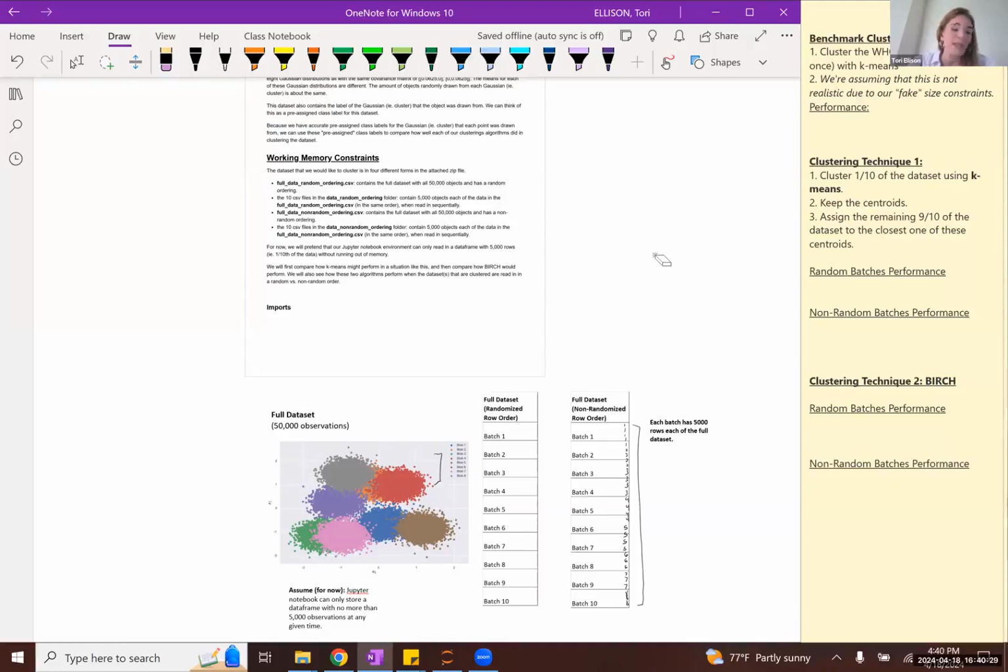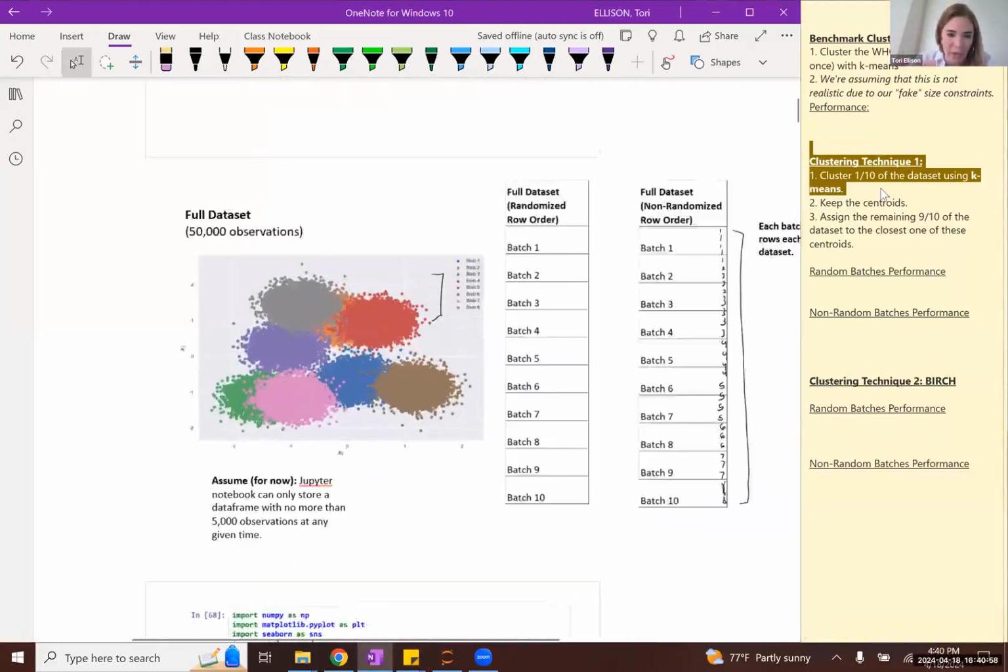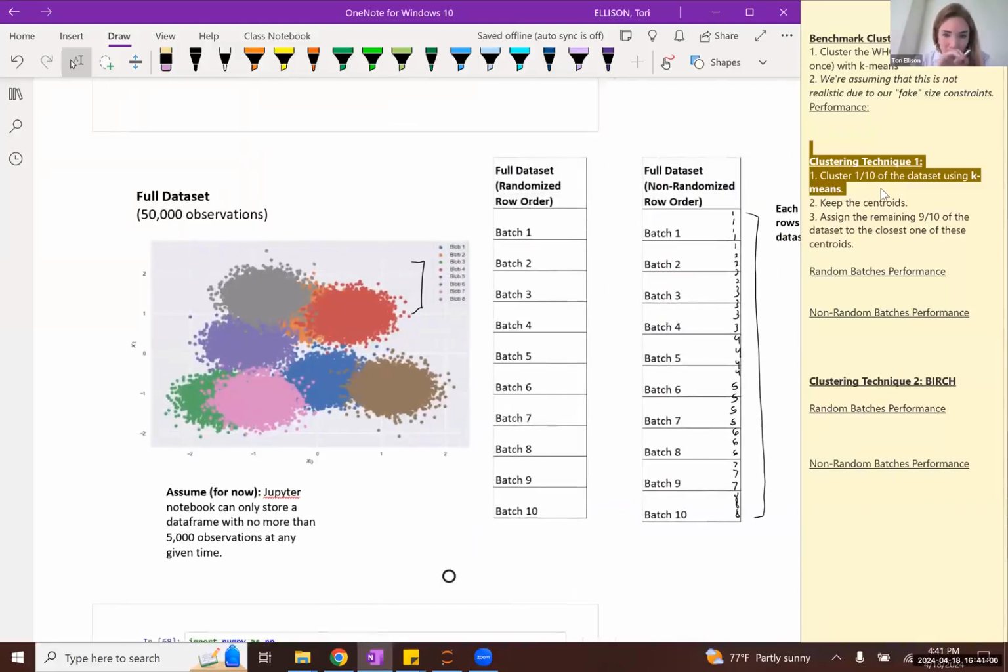This allows us to get a sense of how well a clustering algorithm might perform under a given set of clusters where we believe there is potentially a right answer. So to test the performance of the Birch clustering algorithm in comparison to the partial k-means clustering technique we discussed, we're going to use this benchmark data set here.